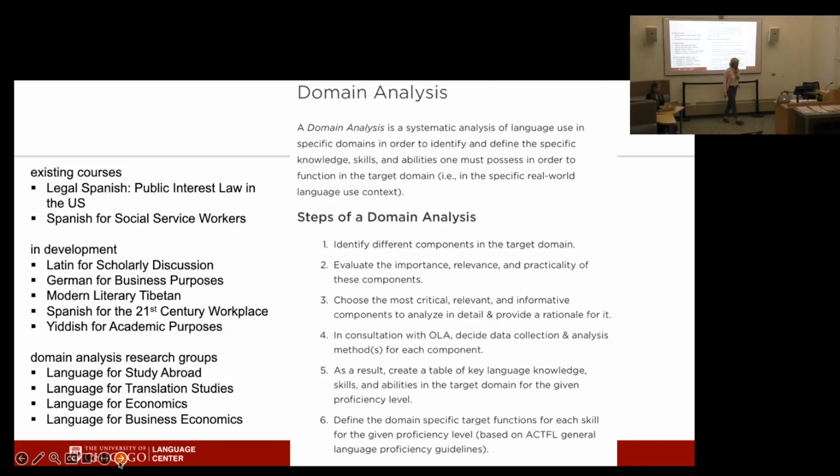Our classics colleague did a domain analysis of what students do with Latin when they come out of the language program and are taking courses with the faculty reading primary texts, because it really hasn't been defined. And he found out that they need to be able to read, obviously, actually read, not just translate, but read and translate. He also found they need metalanguage for grammar, because when they're doing a close reading, they need to talk about the grammatical components that are engaged there. They also need listening comprehension, because they need to find their place in a text when someone's talking about a different